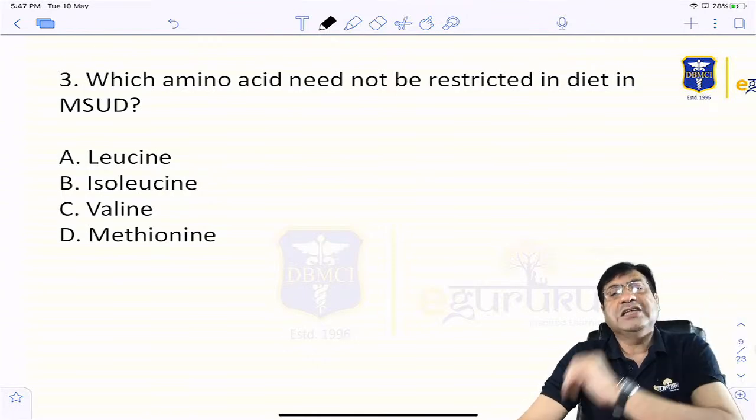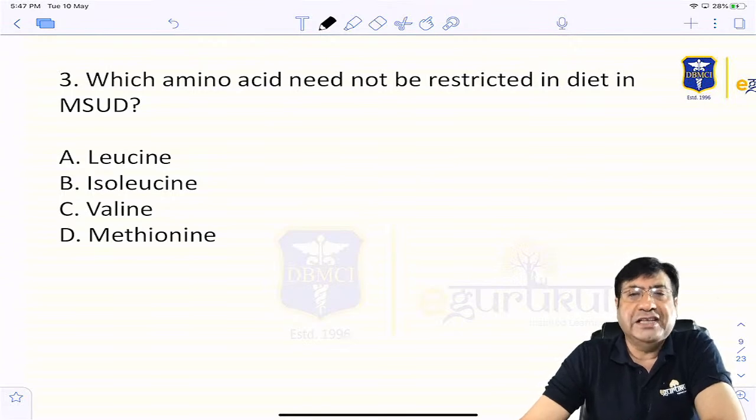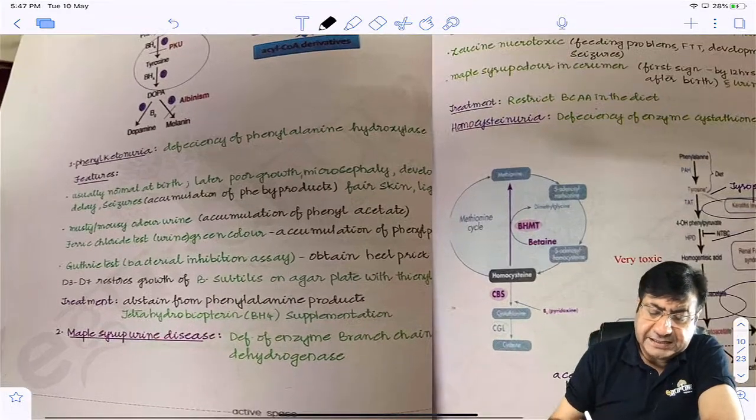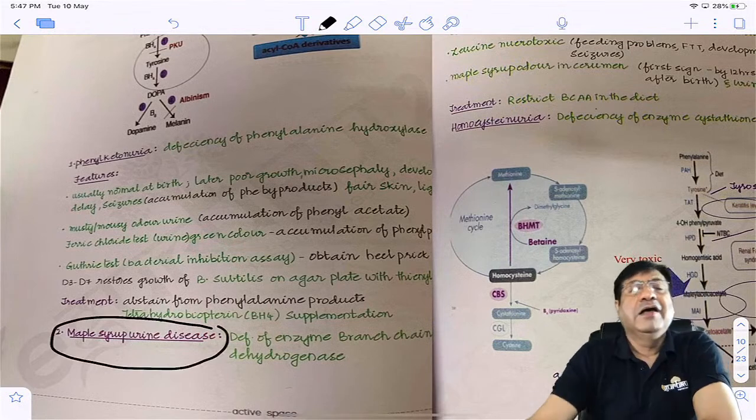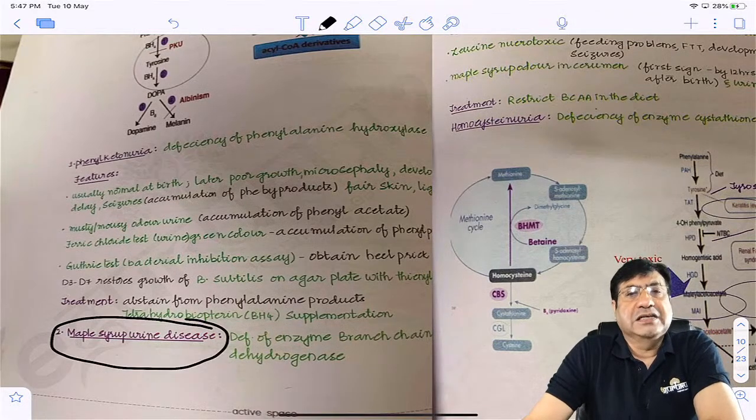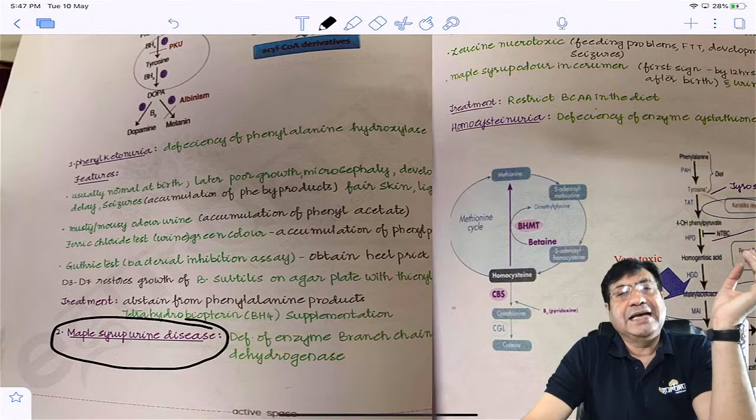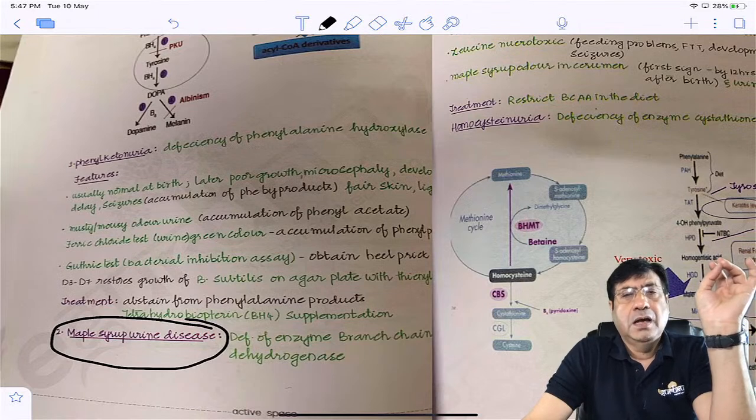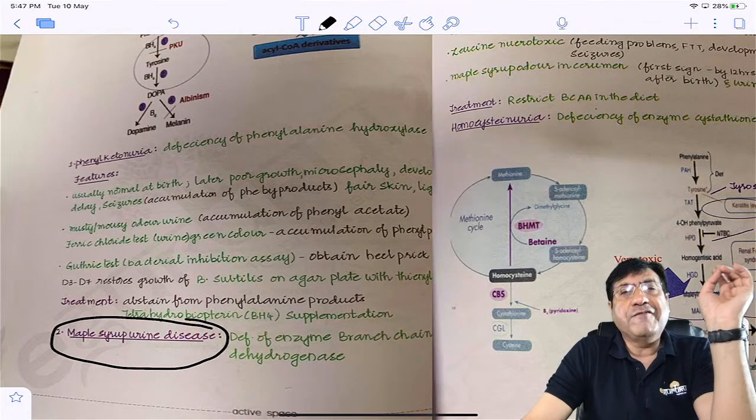The question was, which amino acid need not be restricted in the diet in a child with maple syrup urine disease? And we have discussed maple syrup urine disease in my app under the metabolic disorders section. Maple syrup urine disease is a metabolic disorder. First, it's an autosomal recessive group of disorders, and it's primarily associated with deficiency of the branched chain keto acid